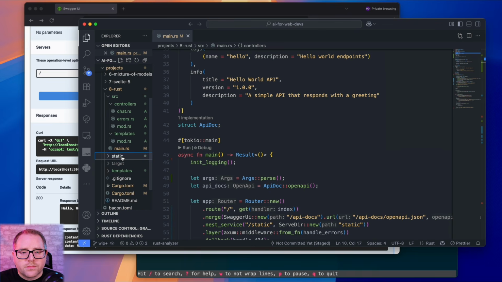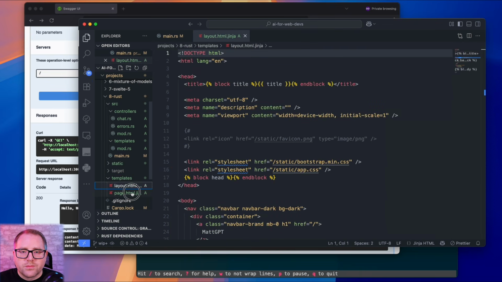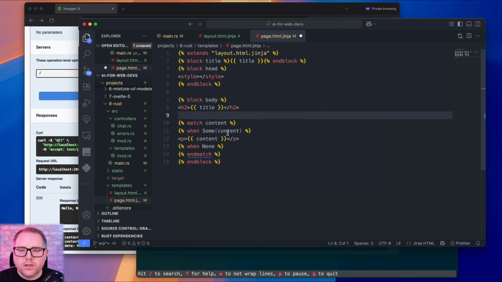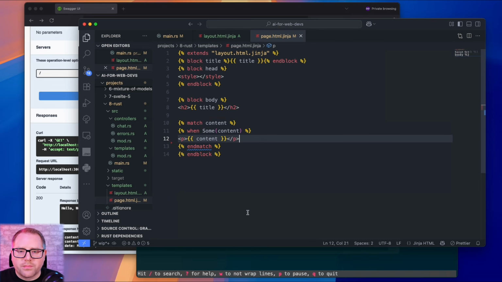Okay. Then we're also going to have a templates directory. In this case, it's going to be Jinja-like, but remember, it's Rust, so it's going to have compile time checking. We can see here, we need to specify the sum. If we take away this end, this when, we're going to get a compile time error.